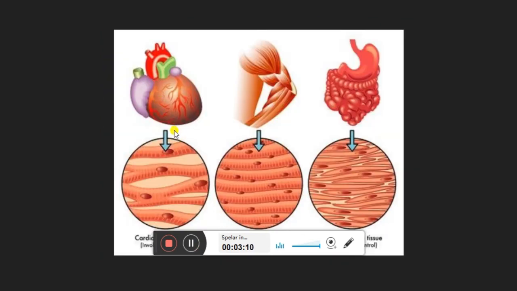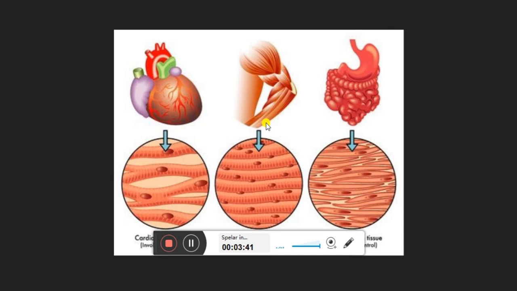Now children, you can easily remember this diagram. The heart, this is the cardiac muscle. Cardiac muscle is the only muscle which forms the heart, and this cardiac muscle has to work throughout your whole life, so it should be very strong and different. These cardiac muscles are found only in the heart, no other place. And the other one is the skeletal muscles.